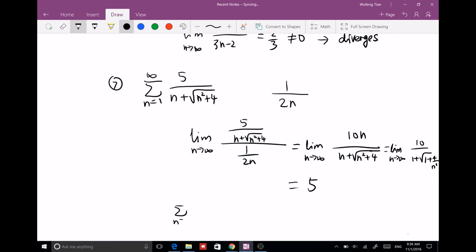But can you tell me the 1 over 2 and does this one converge or diverge? It's going to diverge, because you can take out 1/2 and then 1 over n diverges. Very good. 1 over n diverges because